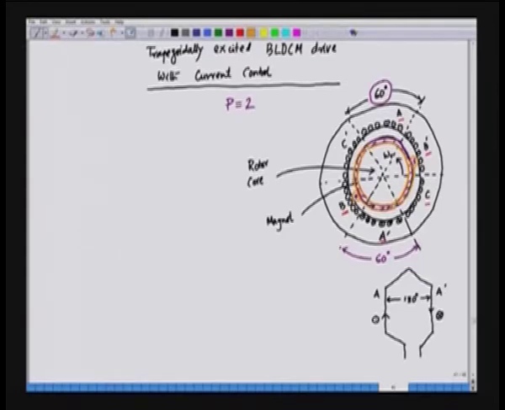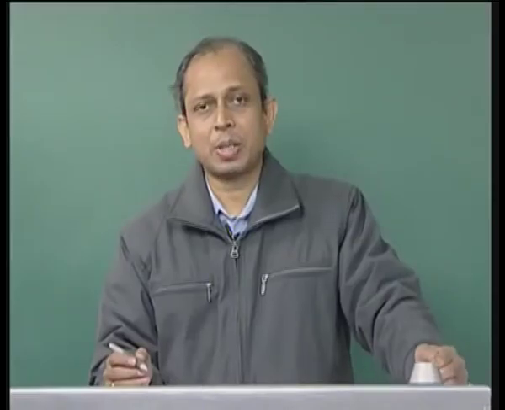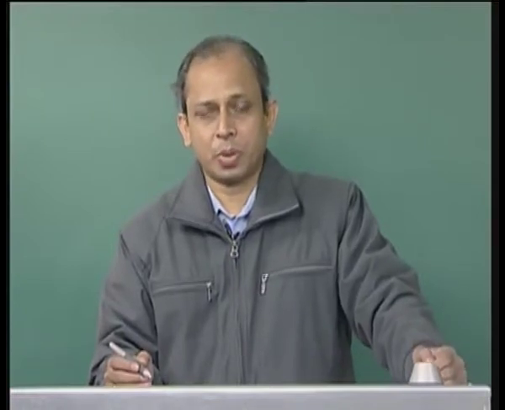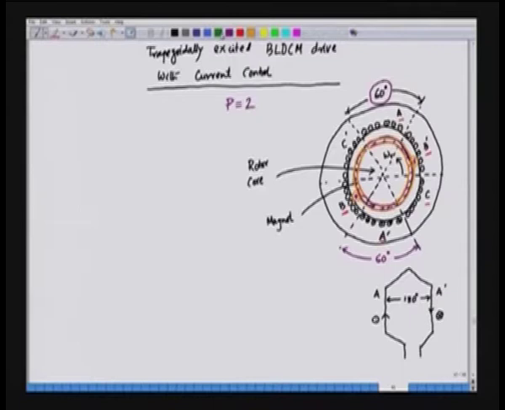These magnets are placed in such a way that this side is north and this side is south, and the flux coming out of the permanent magnet is almost constant. In fact, if we plot the flux, it will be almost like a square wave. So, if we plot the flux of this magnet